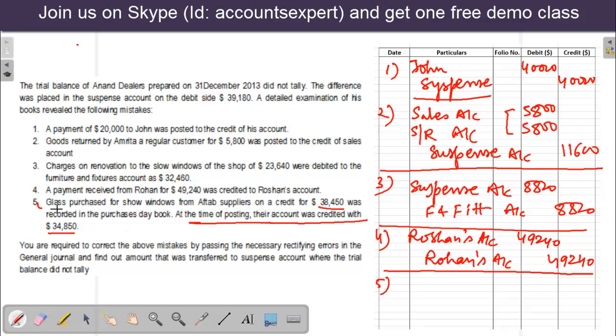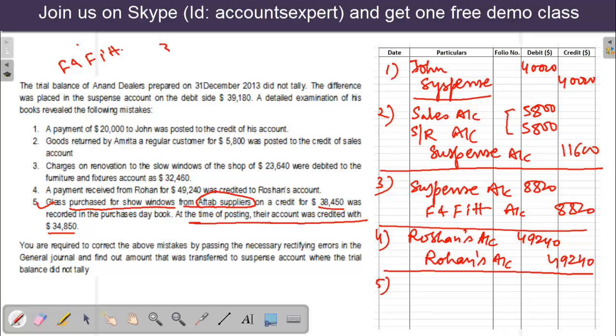So see, glass purchased for show windows. It means that this is actually furniture and fittings. We are to debit furniture and fittings account. This is an asset, not goods. It was bought from Aftab, a supplier, on credit. So what entry should we pass? We should pass this entry, furniture and fittings account debited